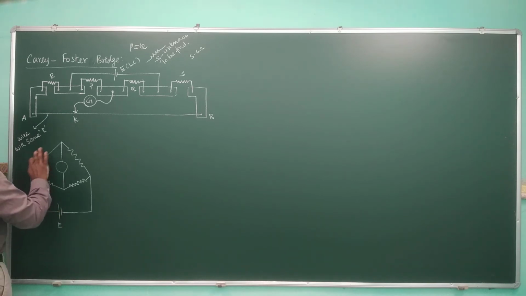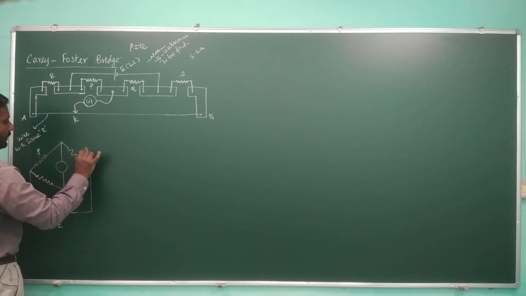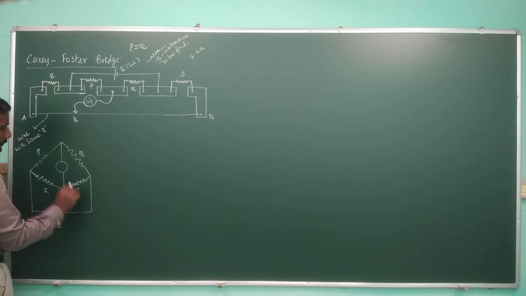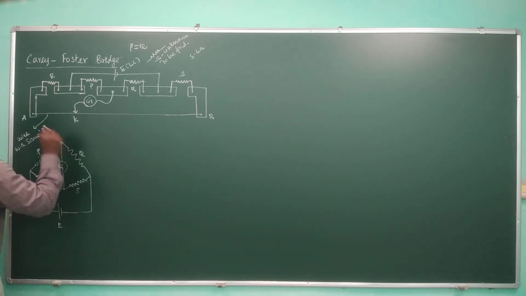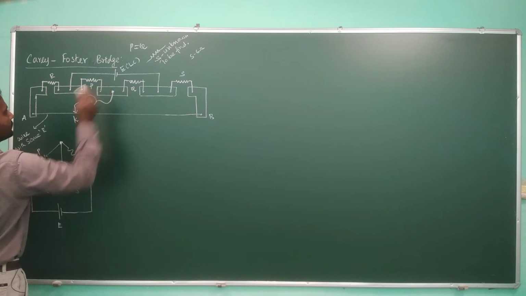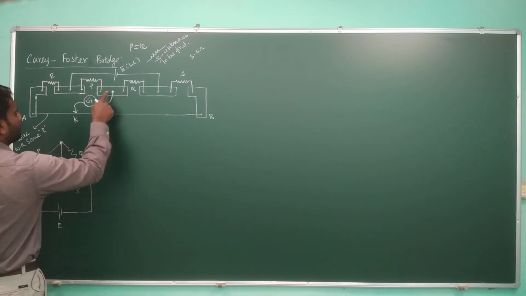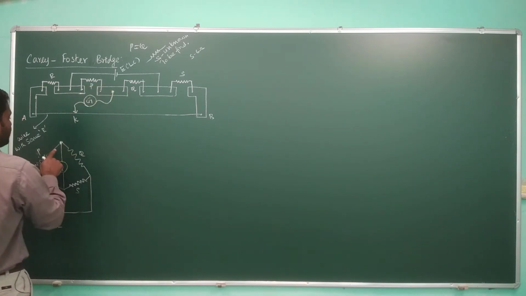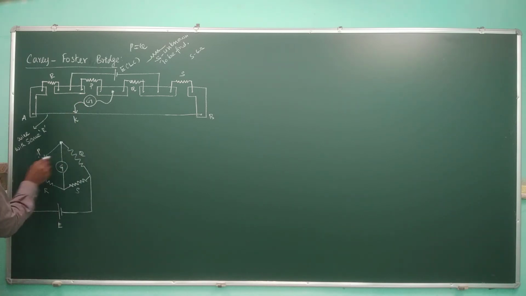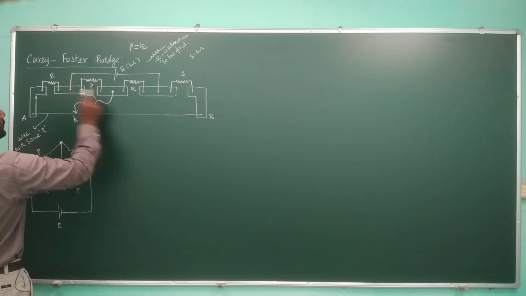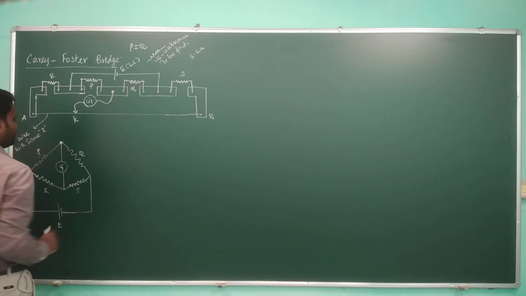So this is the schematic diagram of the Wheatstone bridge. If you remember that, you can easily recollect. This is the schematic of the Wheatstone bridge. Now this point is nothing but this point. And from left and right, there are resistors connected, P and Q, right? You see, the P resistor and Q resistor are connected.